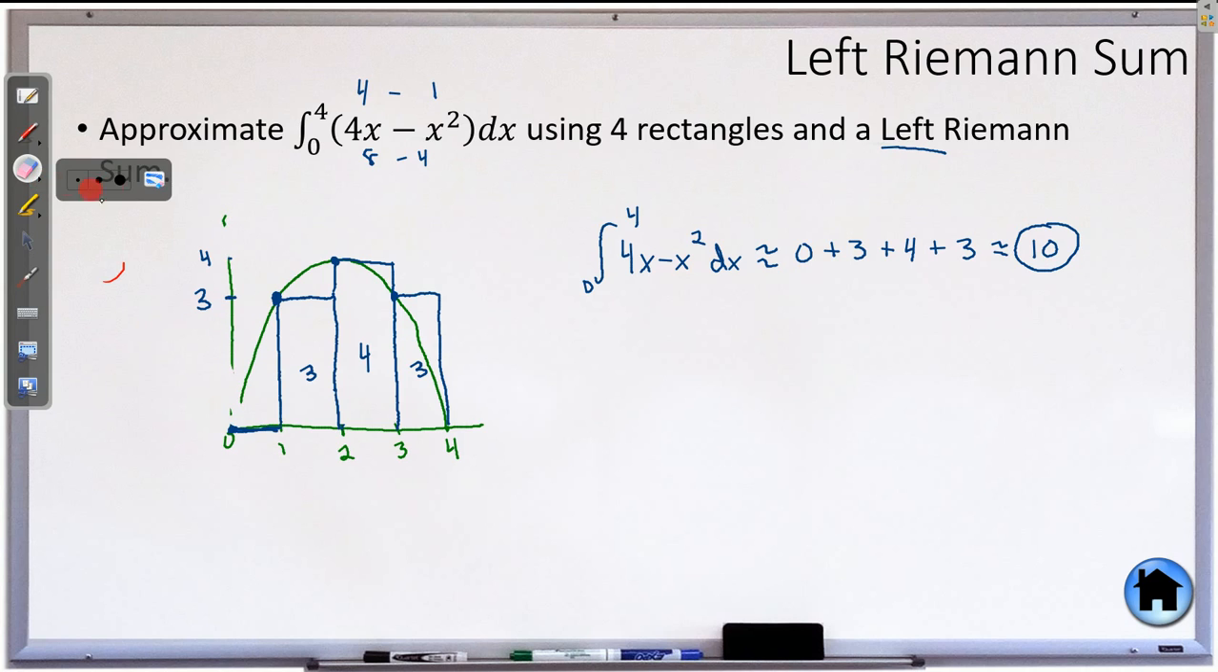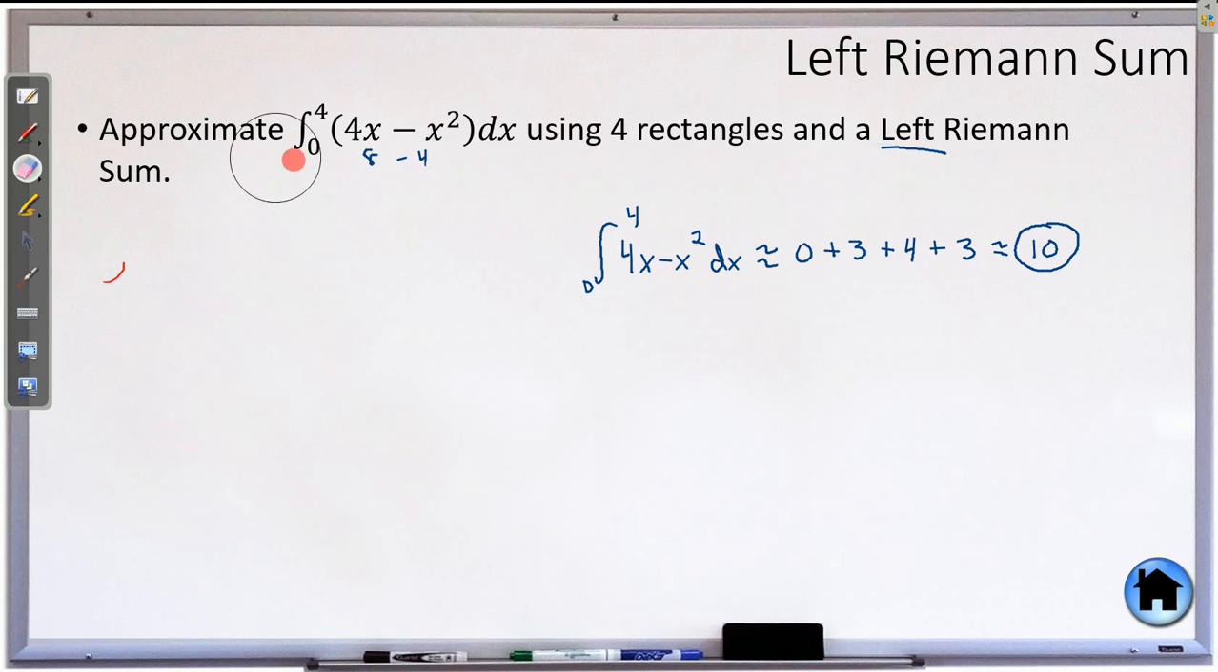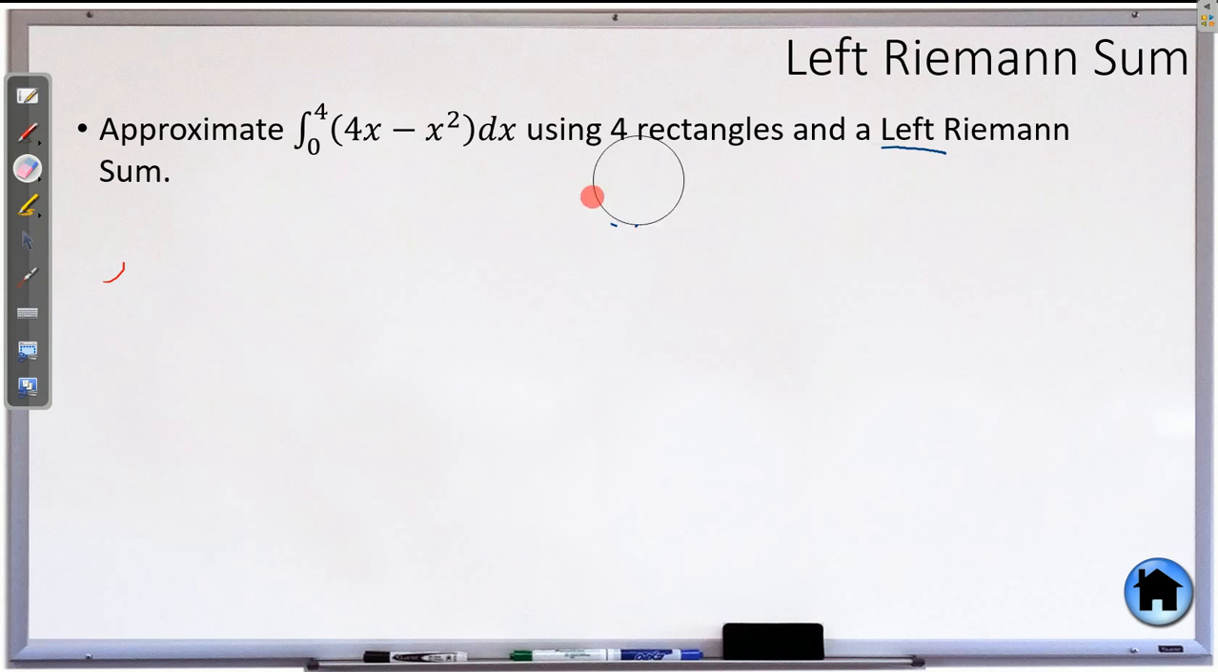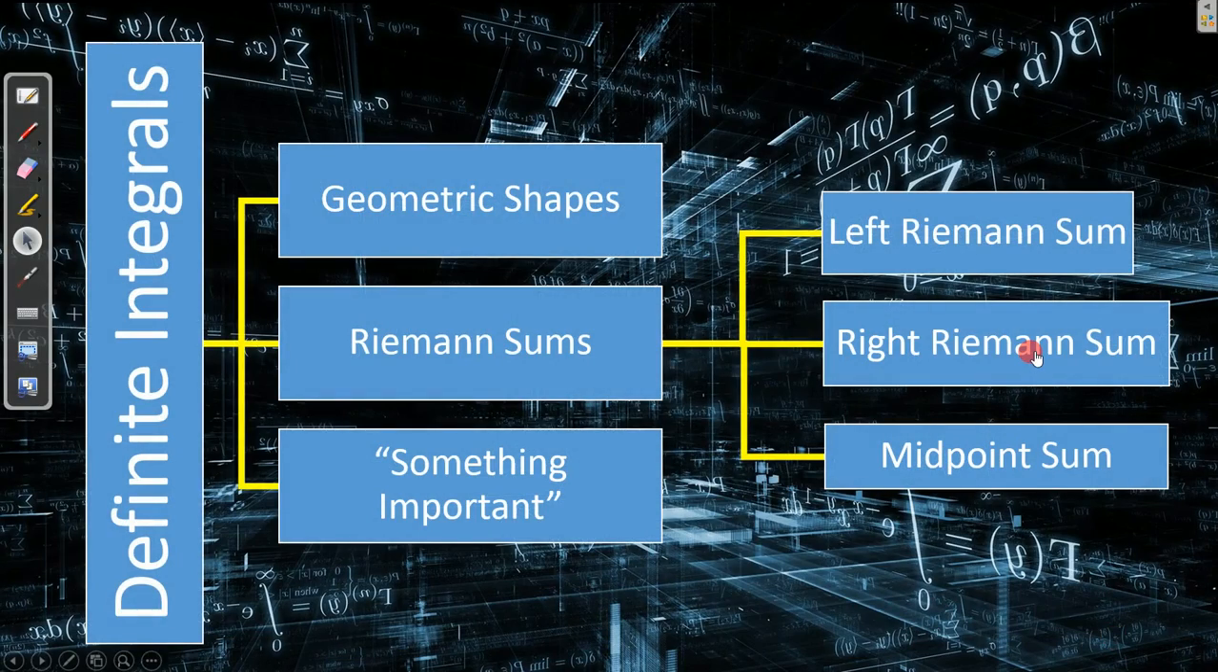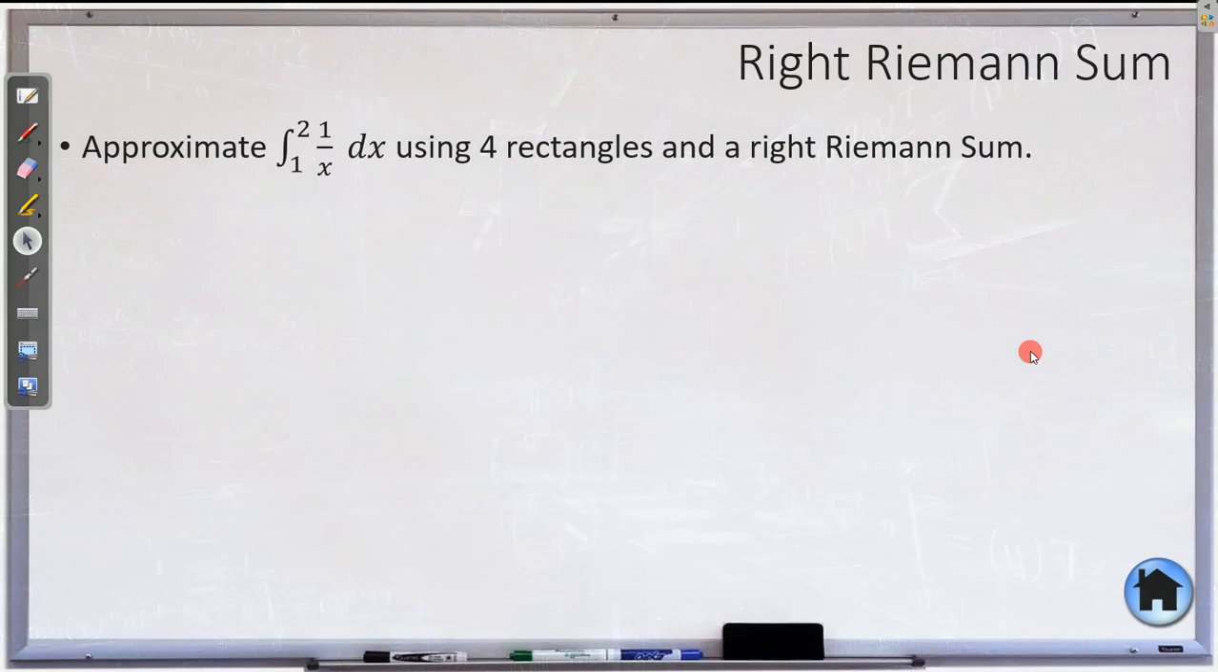All right. So that is a left rectangle. We now also need to take a look at right rectangles. So a right Riemann sum. Same idea, we're going to add up rectangles, but this time the right corner of the rectangle is going to be touching